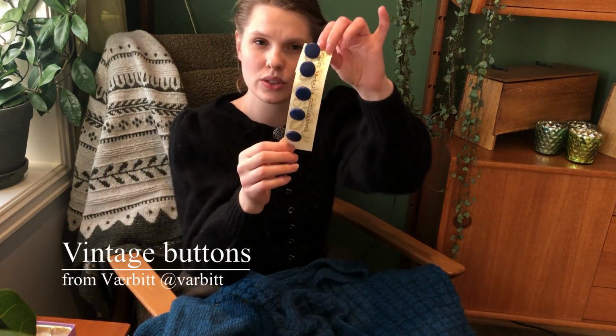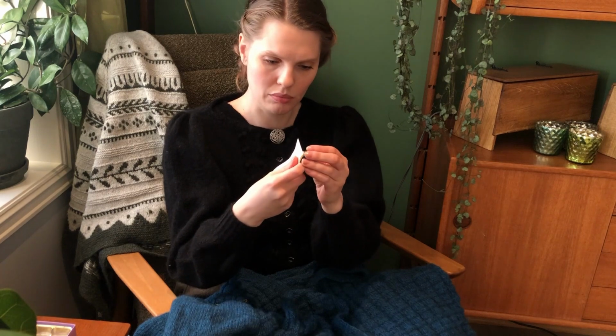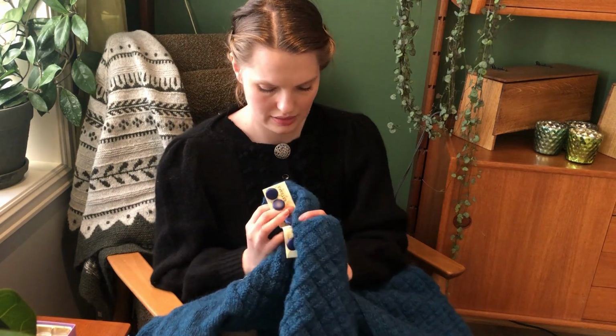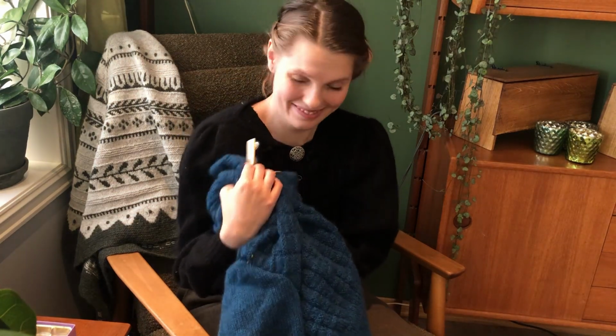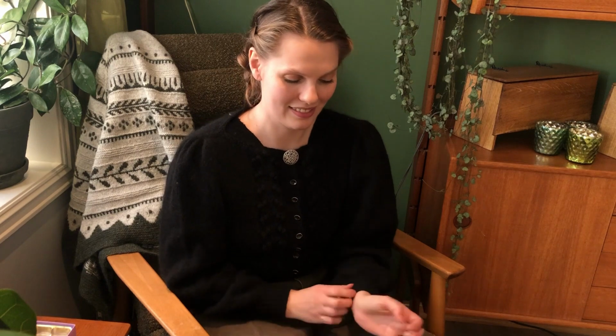I did find the buttons after a while. I have these vintage buttons from the 50s. They are blue leather covered buttons, shank buttons. And I think it's gonna look fairly nice when I get it done, which I hope is soon. I just don't want to. Some of it's fine, but that last one is,